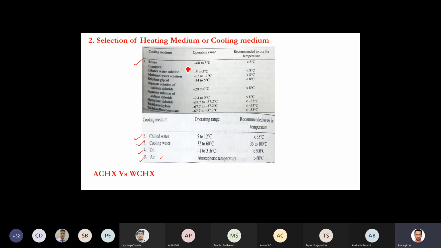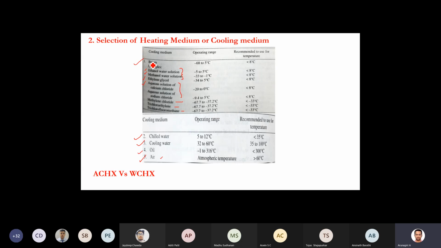Okay, so brines, you have different examples: ethanol water solution, methanol water solution, ethylene glycol, aqueous solution of calcium chloride. So these are all organics, correct? So these are all inorganics. Aqueous solution of calcium chloride, aqueous solution of sodium chloride. Okay, then you can say combination of methylene chloride, trichloroethylene, then trichlorofluoromethane. So whenever the temperature range is below 0 degree centigrade,